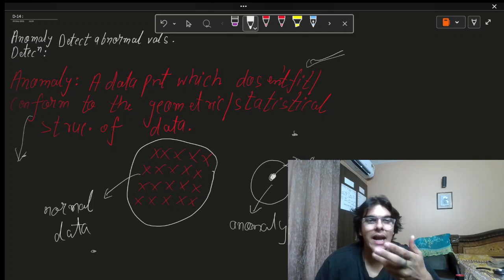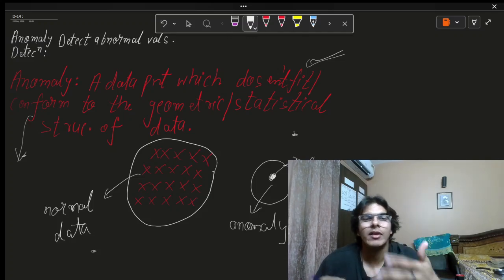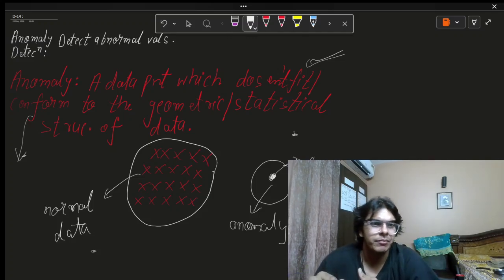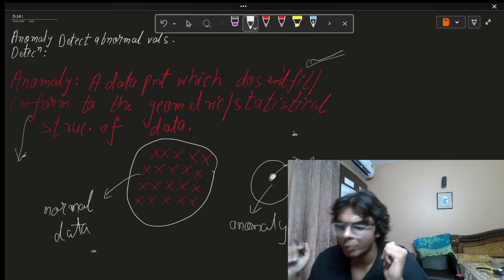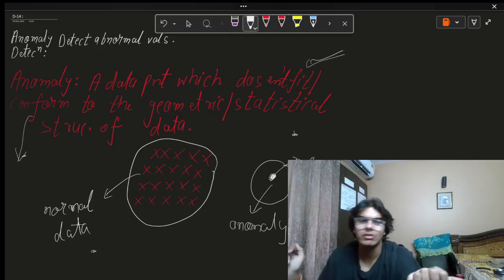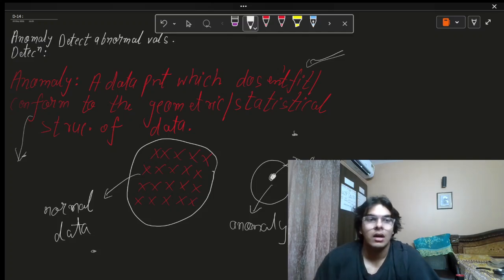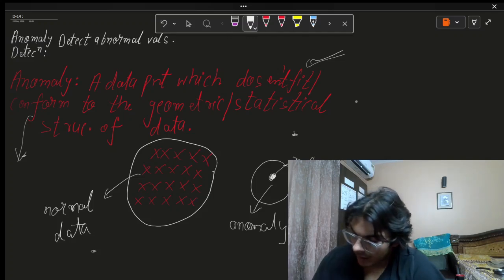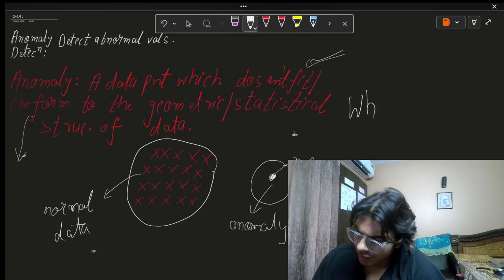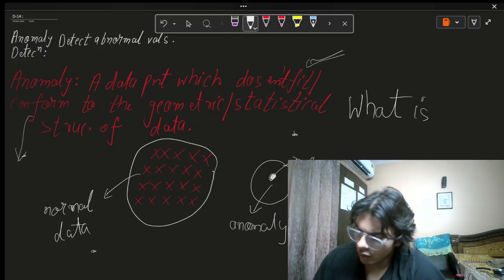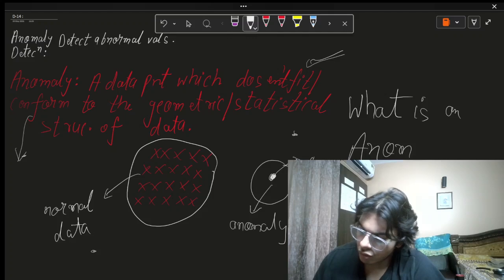Okay, so you can maybe add this to your vocabulary whenever you want to explain a model later. This is what an anomalous point is. So you got what an anomaly is. Now a very valid question comes to anyone's mind. If I write it down here, we have understood it very clearly: what is an anomaly, and we have understood it in terms of technicality as well,